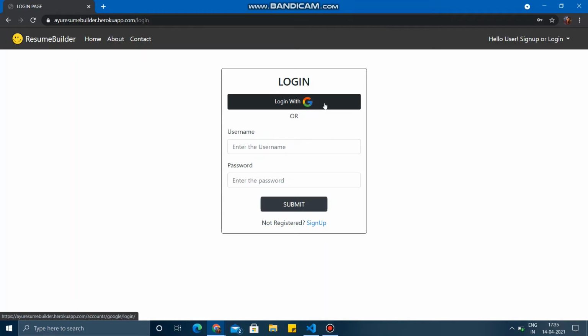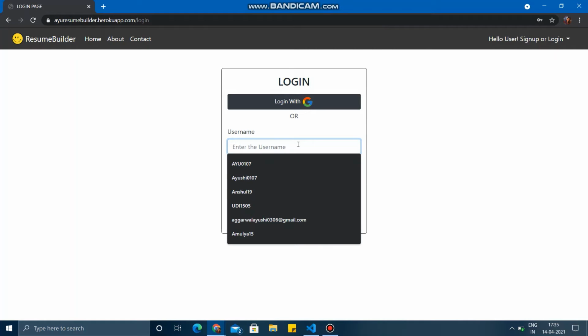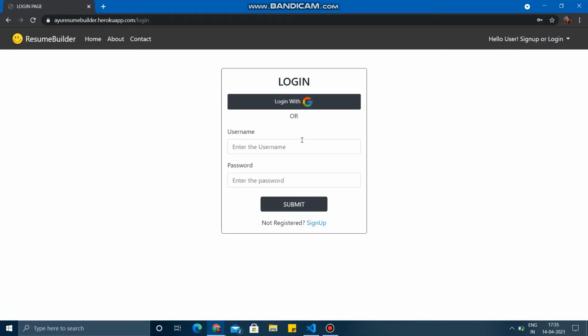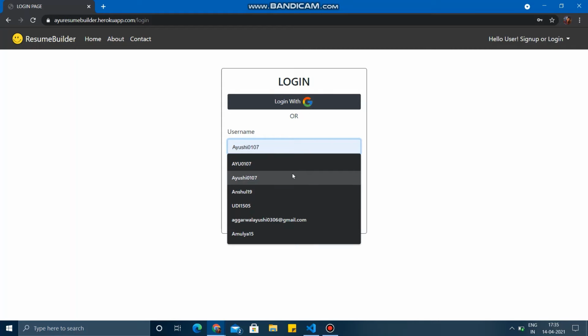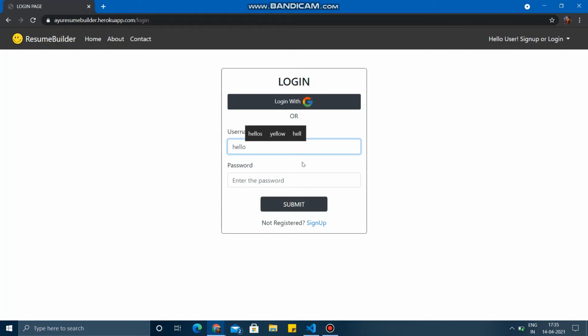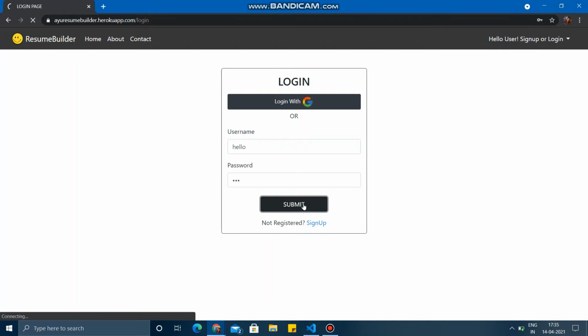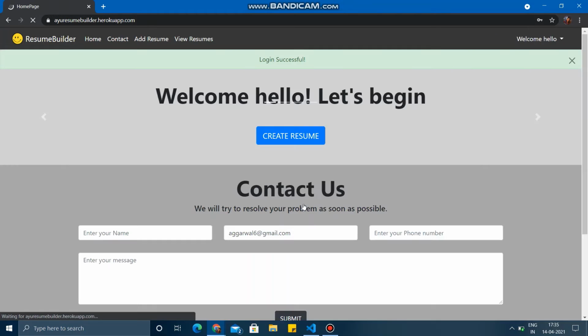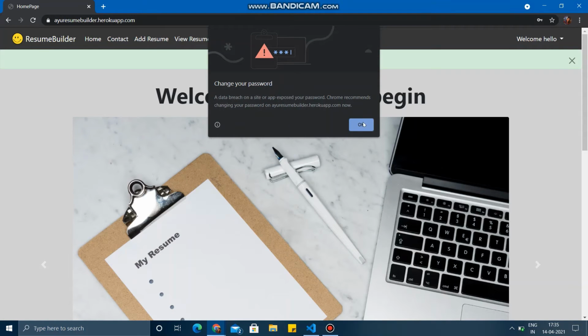Either the user can log in directly through the Google account or can enter the username and the password that he has entered during the sign up. So as we have already signed up, we'll use the same credentials here. So now the user has successfully logged in.